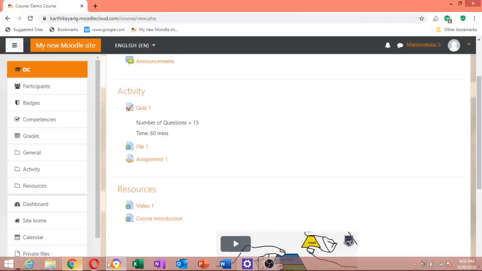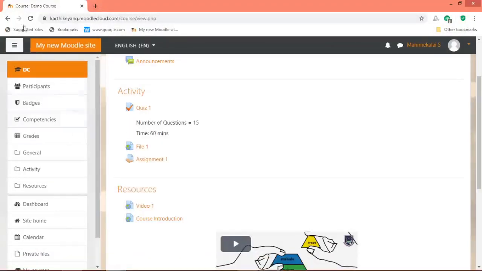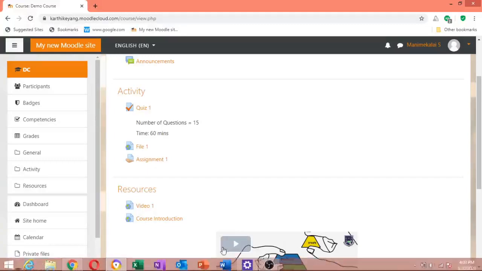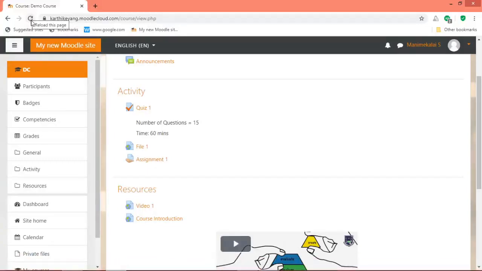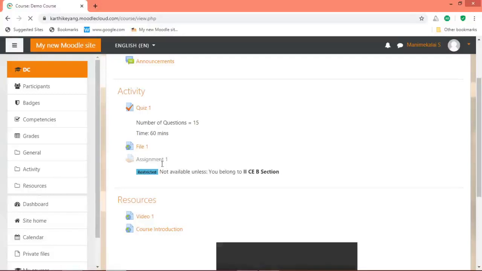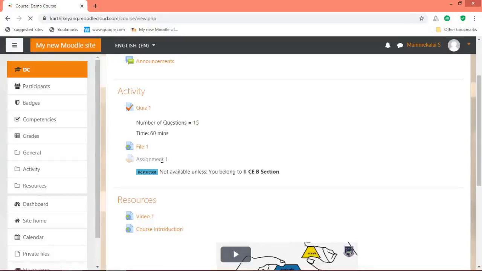I am refreshing this page. See here, this assignment is visible, but the student cannot open it because this student belongs to section A, but it is available only for civil engineering B section students.